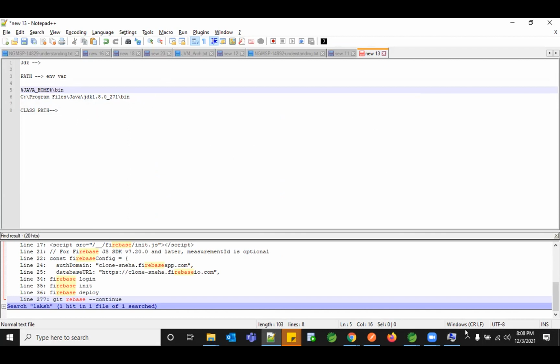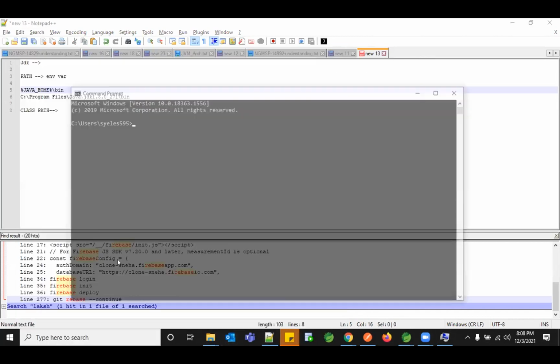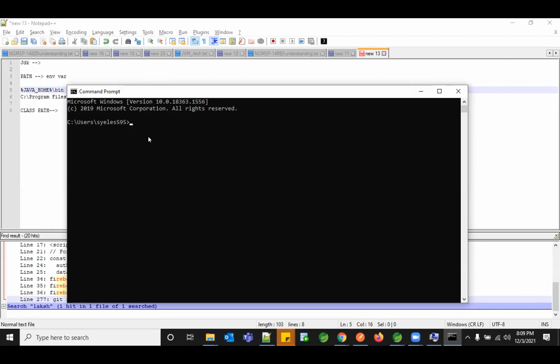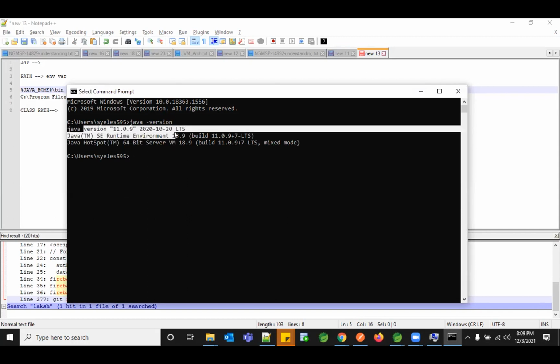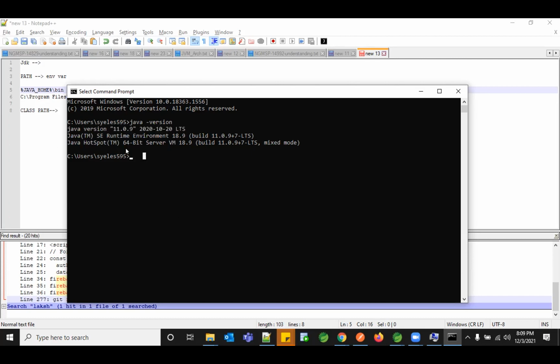And the second step, once you're done with this, you need to go to your command prompt and check your Java version. To check your Java version, you need to give the command java -version. It tells you which particular version is currently installed in your system. You can see right now I have JDK 8 and 11, and I'm pointing to the 11 version. So if you check in your systems, you should be able to see the version you have installed. Once this setup is done, you should be able to start with writing the program.